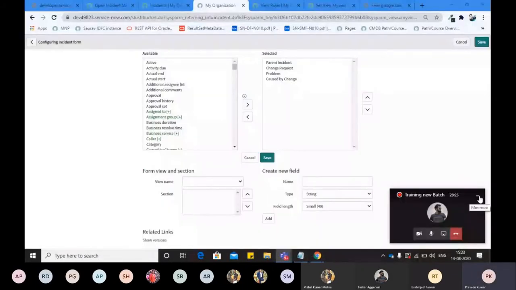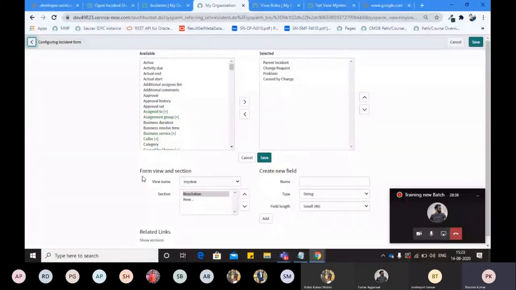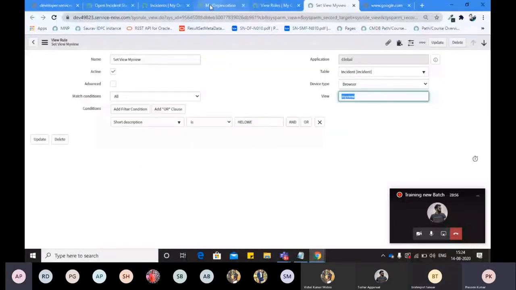Okay. So what was I saying? It is not loading completely. So here I told you that we create the view. Now we can see the other options as well. From the new, we create a new view, right? And in that view I put these four fields, correct? And to redirect the user towards this view, I use this view rule. So that is the functionality the view rule provides us. Is it clear to all of you now? Yes, Praveen. Yes.